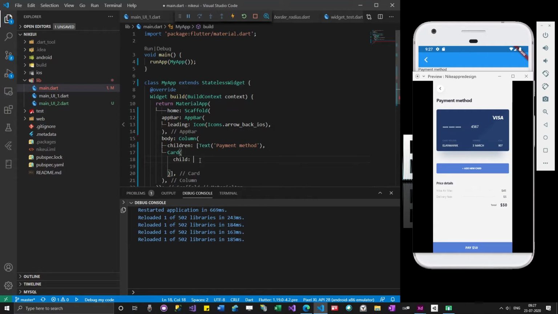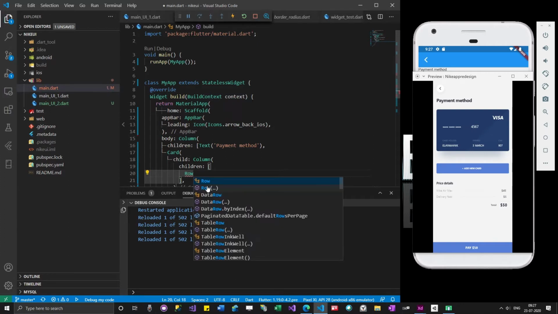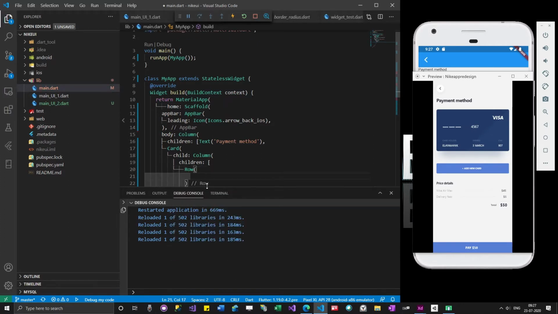So what I can do is, first of all I need to take a column, children, and then a row which probably has that image.